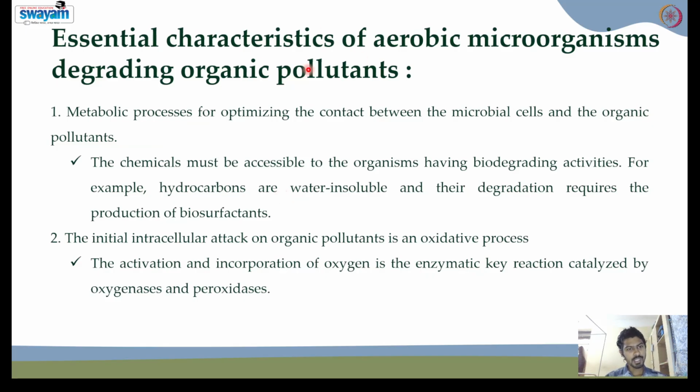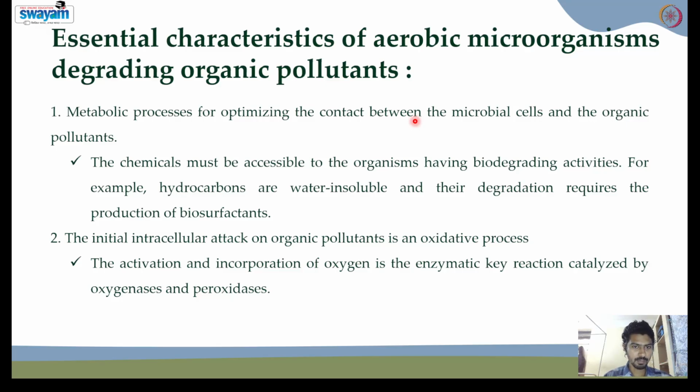So if you see the aerobic microorganism, how does it degrade the organic pollutant? What are the essential characteristics of this aerobic microorganism for degrading this organic pollutant? There are four important steps that need to be understood of how this aerobic microorganism helps in degrading this organic pollutant. The first important concept is they make contact with the pollutant. That is, we have to optimize the contact between the microbial cell and the pollutant,